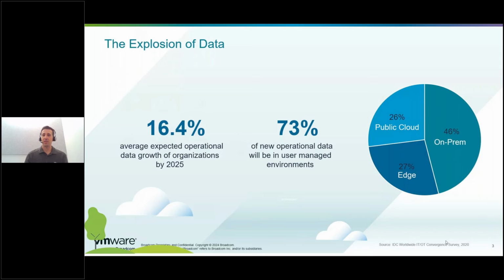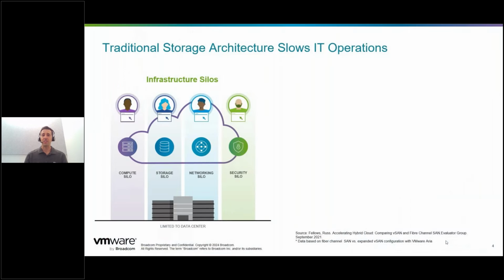So, the ways that IT has traditionally done business. Here you can see in the slide, we've got our compute team, our storage team, our networking team. Now, that's worked well for a long time. You get the performance, reliability, and availability that you need at each component here. But where we continue to see challenges with this approach is really on the cost side and